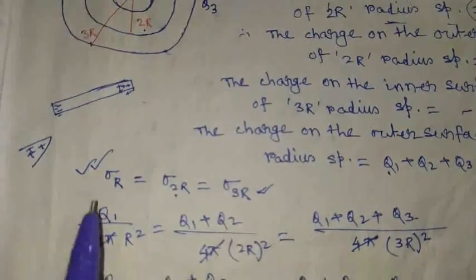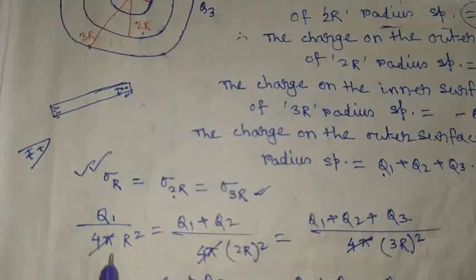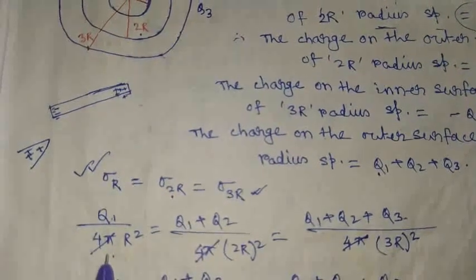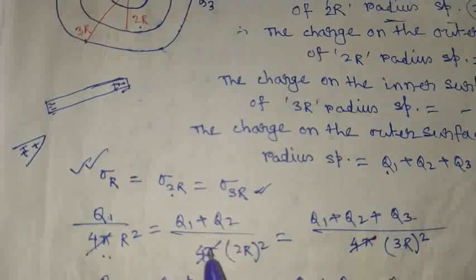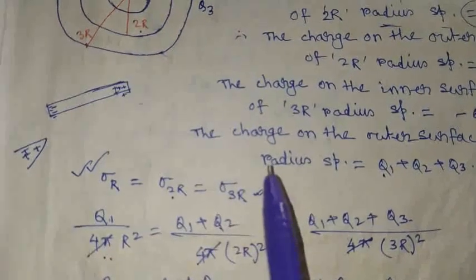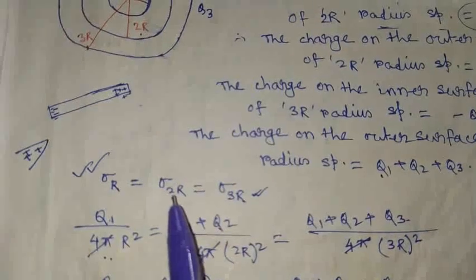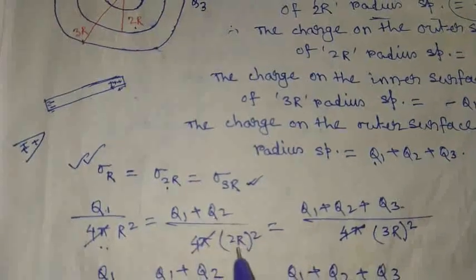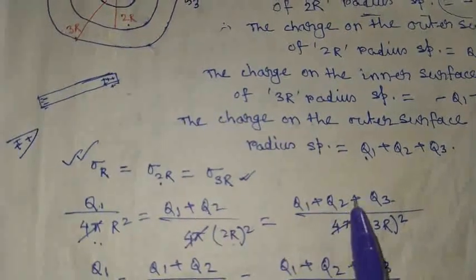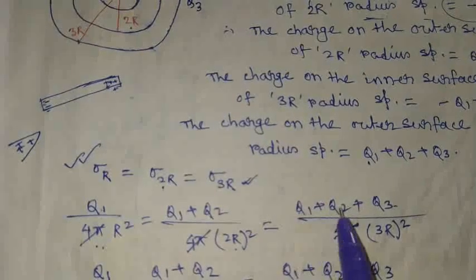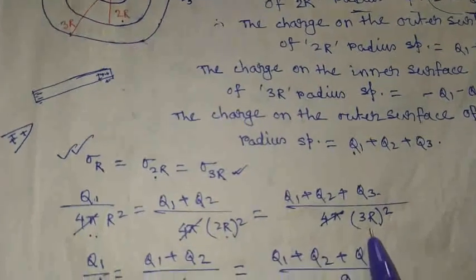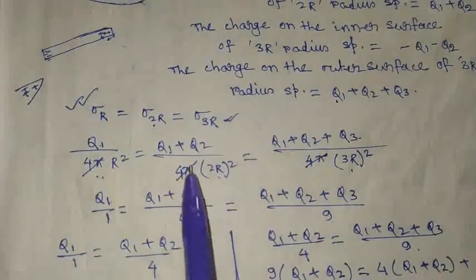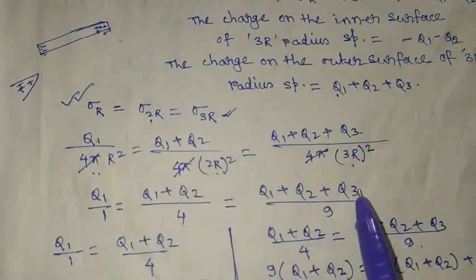Charge density means the total charge divided by the total area of that sphere. So sigma r is q1 divided by 4 pi r square. For sigma 2r, the total charge on the outer surface of the 2r radius sphere is q1 plus q2, and the area is 4 pi (2r) whole square. For sigma 3r, the charge is q1 plus q2 plus q3, and the area is 4 pi (3r) whole square. So by calculation we can write q1 by 1, q1 plus q2 by 4, and q1 plus q2 plus q3